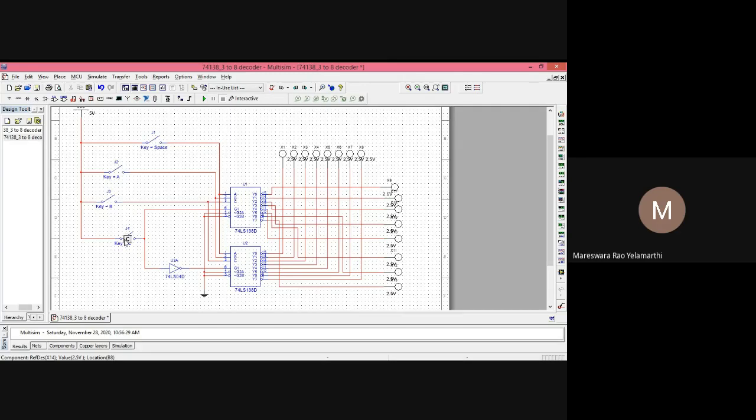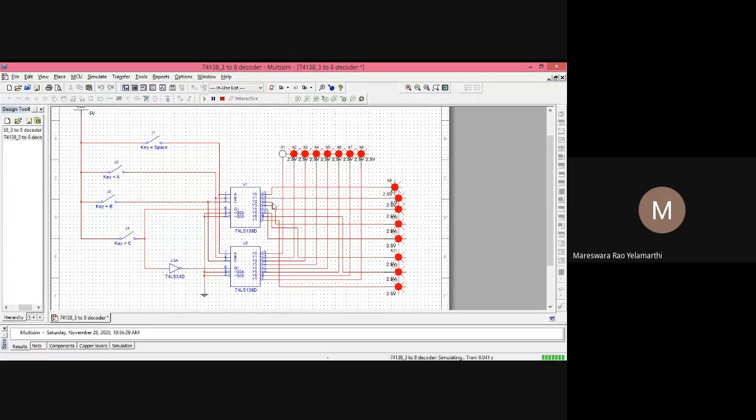Okay, this is the enable input signal. Suppose I am not giving any enable input, so it is a 0. Because of this 0, this particular gate is disabled. This 0 input will get a 1 here. This 1 is applied to the enable pin, so that this particular gate is enabled. Now I am going to run this circuit.